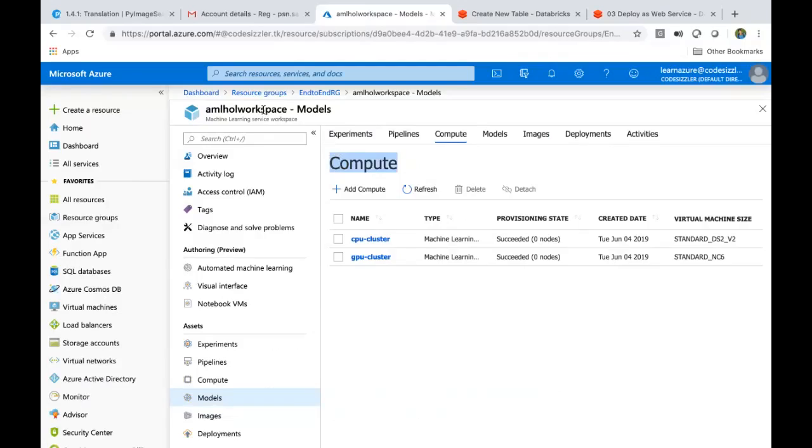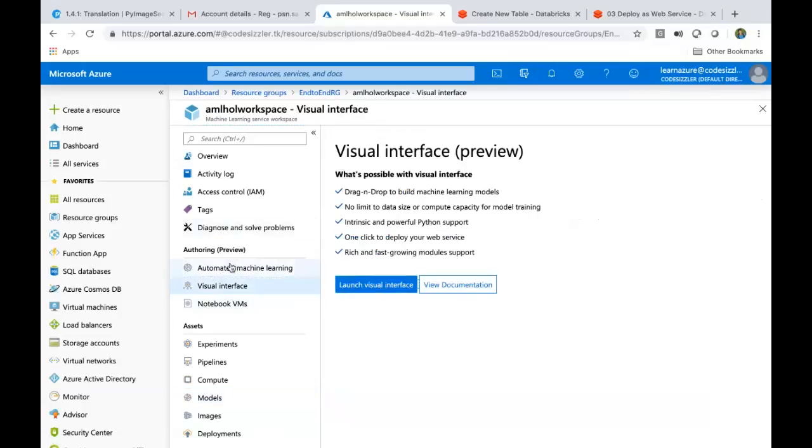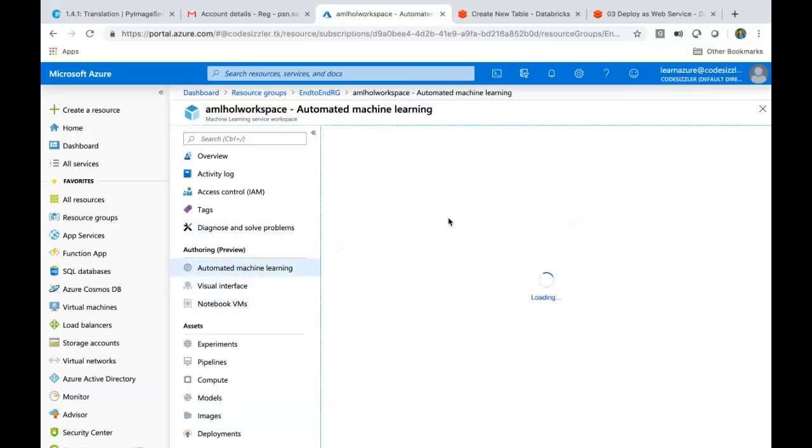There's a reason why I mentioned the highest umbrella, because you remember, does anyone know about the machine learning studio, Azure notebooks, all those things? Yeah, I know Azure Notebook. Okay, so here you see Azure notebooks, visual interface, nothing but your machine learning studio, and automated machine learning models. These are all integrated inside one place. You can just go and start creating here itself: start creating your workspace, start creating your automated learning. So it's all sitting under one umbrella.